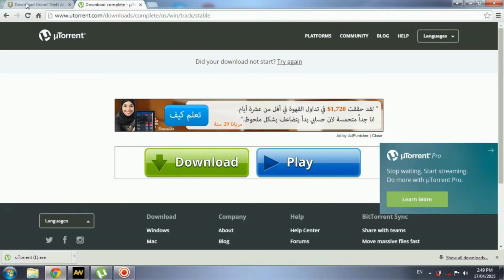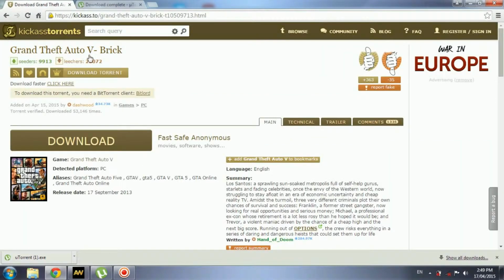Okay, then go to my description again, open the second link down below, and it will take you to this website KickStorrent, and just click on get torrent. It says Grand Theft Auto 5. As you can see, it's downloading right now.